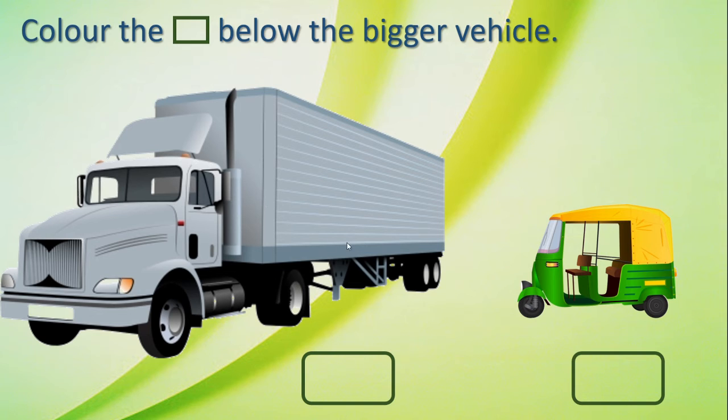Right? Now here we have to color the box which has the bigger vehicle. Now this one is the bigger vehicle, right? Container is big compared to auto rickshaw, right? So we will color this box. Got it? Okay, next is,